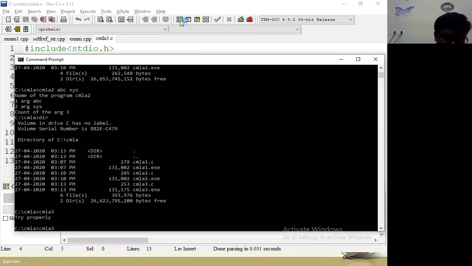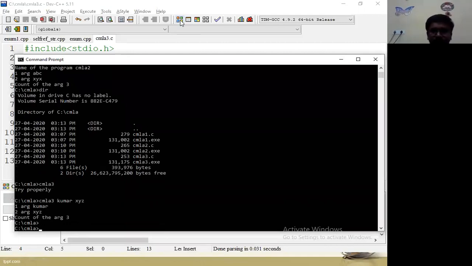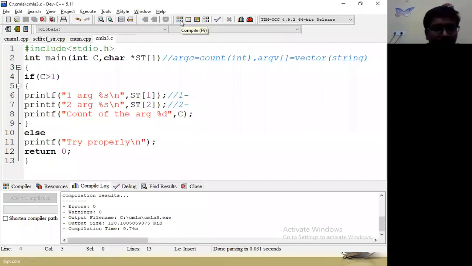Otherwise, in that way we can handle the command line. Next, if the arguments are more than 3, 0 is the program name. Here we are limited to argument 1 and argument 2. If more arguments are there, what can we do?